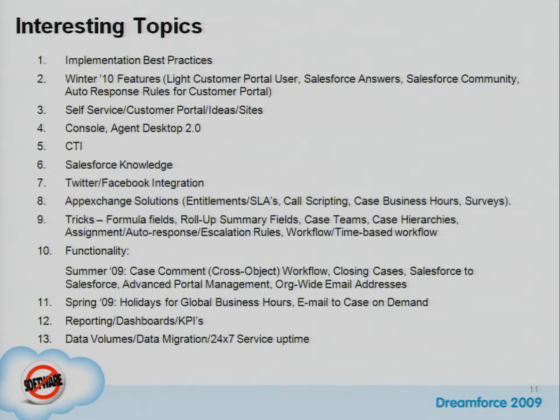The idea is, yes, you want to have a search and you want to have one unique page of results where you have the result from your knowledge base, the result from content, the result from the community also, from answers. The idea is really to give only one search entry for your customers and to have all that. And that should be available. You should be able to do that for the spring release.